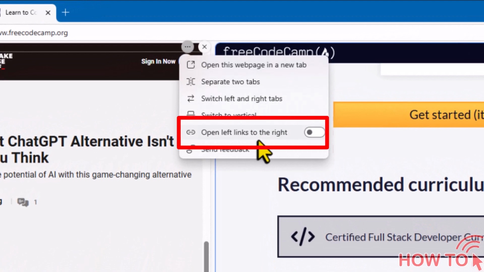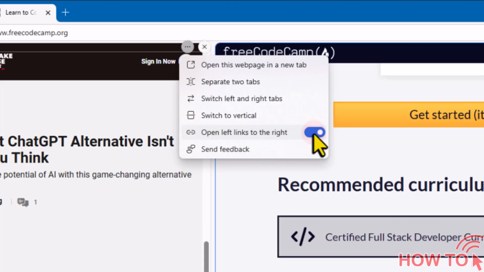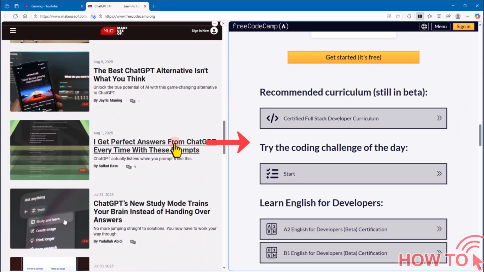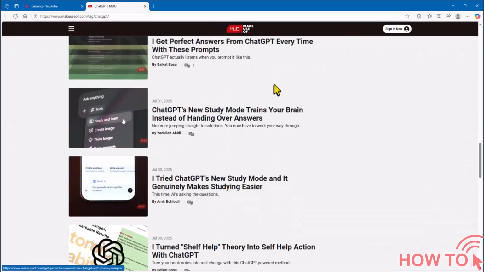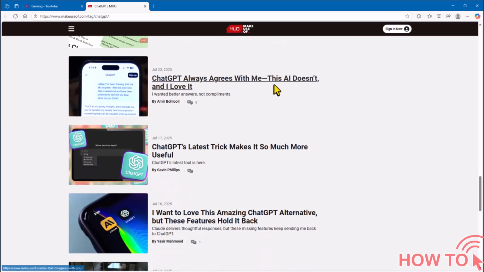One of them is Open Left Links to the Right. When this option is enabled, any link you click on the left side will instantly open on the right, without affecting the original content. Also, if you're browsing a site and want to preview a link without leaving your current